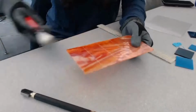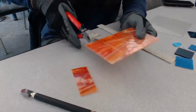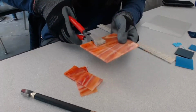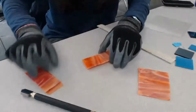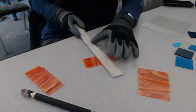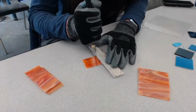And come back through with my breaker. Break. Break. This is pretty controlled too. I know when we were doing our scatter platter and I was having you guys nip glass, I definitely wanted you to nip into something, but this is pretty controlled. So you shouldn't need to nip into anything, but